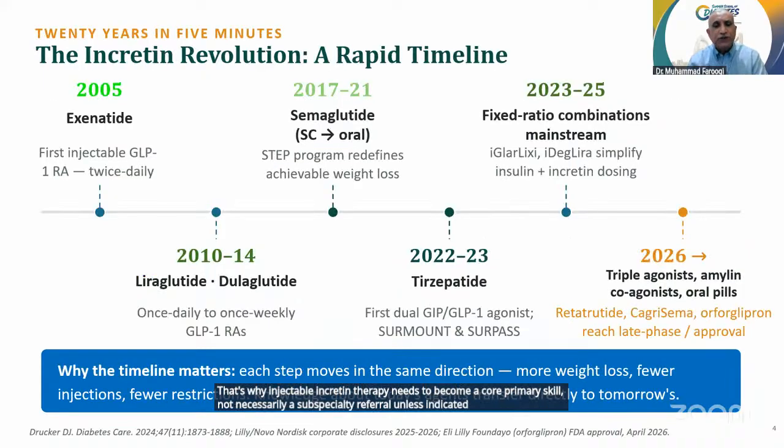Let's take a few minutes to see how fast this field has moved, because that in itself is a clinical fact you need to plan around. We went from a twice daily injection in 2005. I don't know how many of you remember exenatide, but that's what I'm talking about. And to the current once-weekly molecules, then to semaglutide's landmark weight loss data, then to tirzepatide as the first